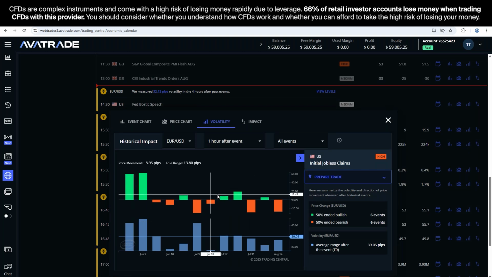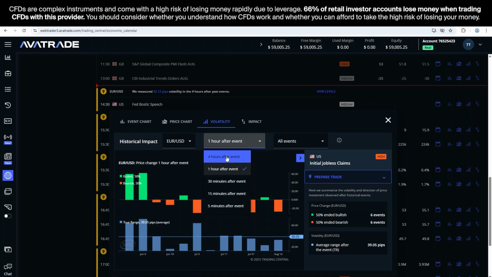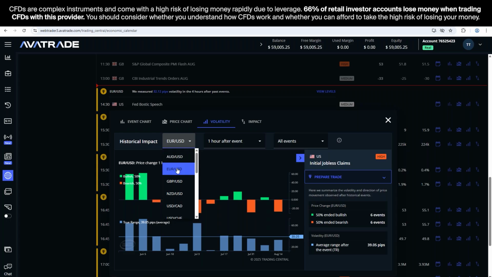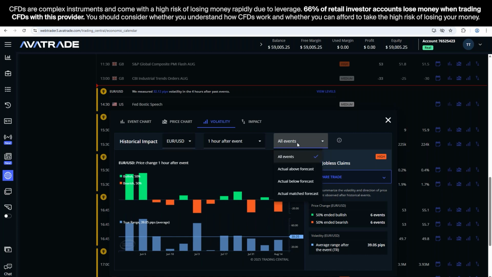What have the movements done in the past as this data has come in? And so if we want to look 1 hour after the event, 4 hours after the event, whatever we choose to look at time frame wise, we can look at any currency pairing with the US dollar and decide what we might want to do as the data comes in this time based on how did this currency pairing move after the prior announcements that came in maybe the same way. So if we look at those that came in above forecast, meaning bad news, if the jobless claims today come in higher than expected,